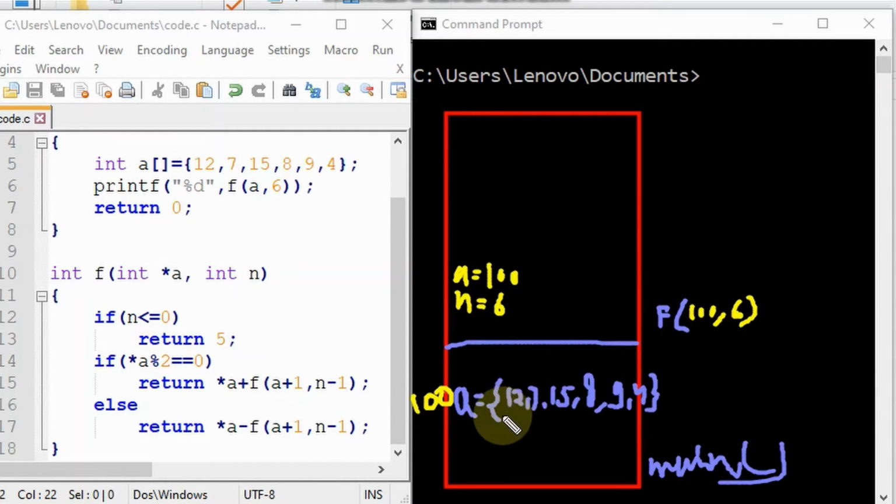So what is the meaning of the address of an array? The address of the array means the address of the first integer, because an array is a continuous data structure. So the first integer's address is also considered the address of the array itself. Okay, so asterisk a means 12, and 12 modulus 2 will be 0, so this is correct. So what we are going to do in here is take the value asterisk a, that is 12,